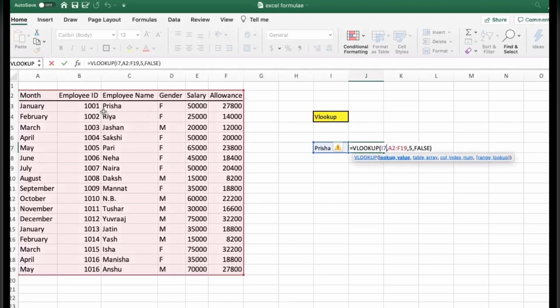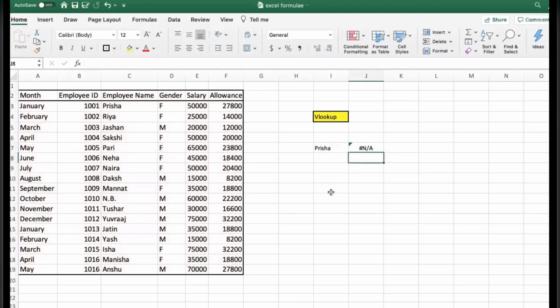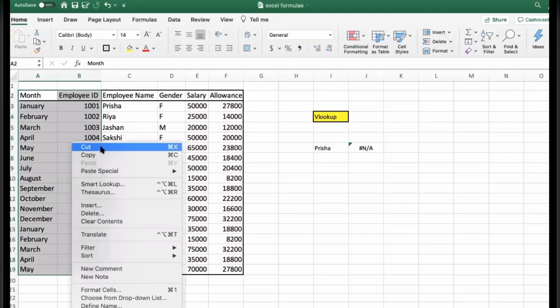It means the lookup value for which you want to find the information should be in the first column, that is A. If you put it in the third column, that is C, you can't get the information. You can say it is a limitation of VLOOKUP. You can't get the information if you don't have the Parisha column at the left corner of your Excel sheet.